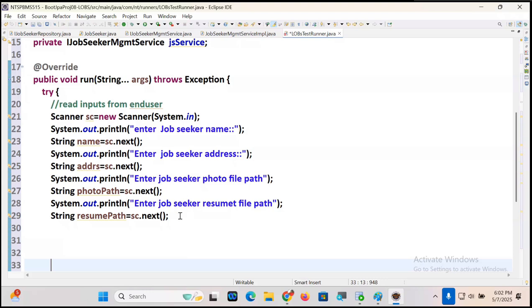Okay, now we need to locate the file and read the content of the photo file, convert it into a byte array. Similarly, locate the text file and read the content into a character array. This is our requirement. Convert photo file content into